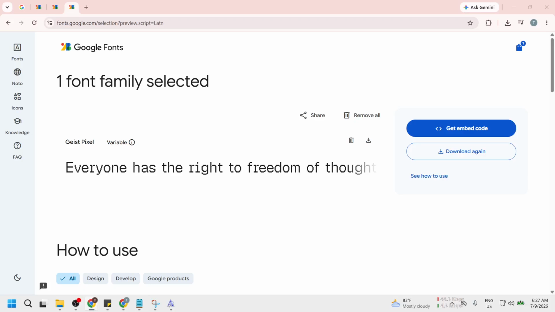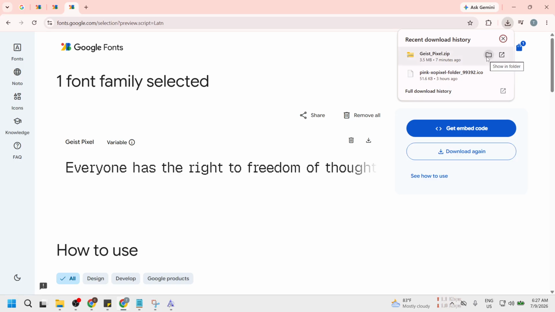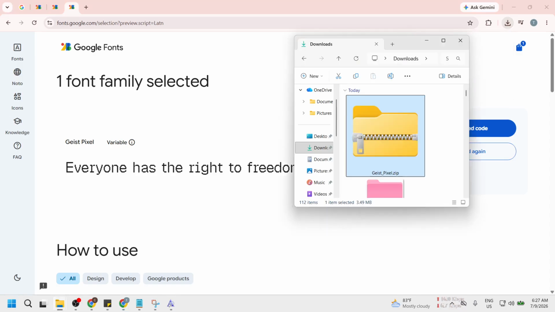In today's video, I'm going to teach you how to install a font on Windows 11. First, let's start by opening your Downloads folder. You can do this by clicking on the folder icon located on your taskbar. This action will display all the files you have recently downloaded. It is important to find the font file you want to install, as it is usually located in this folder.